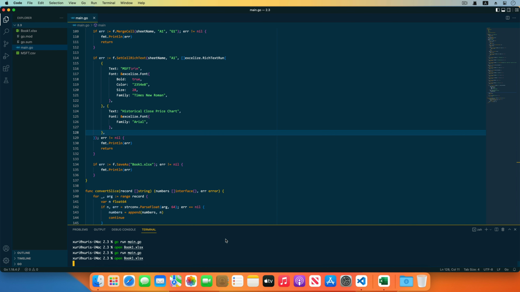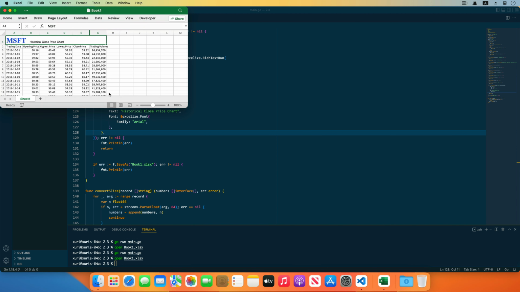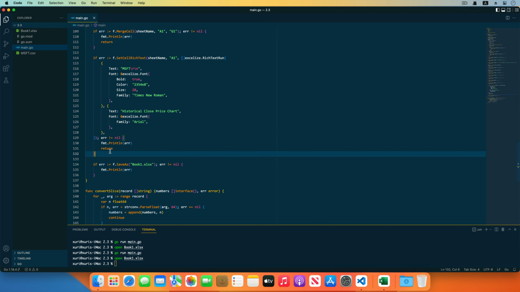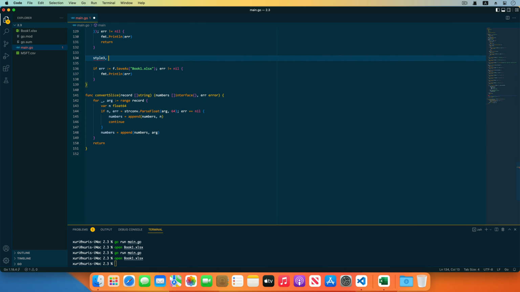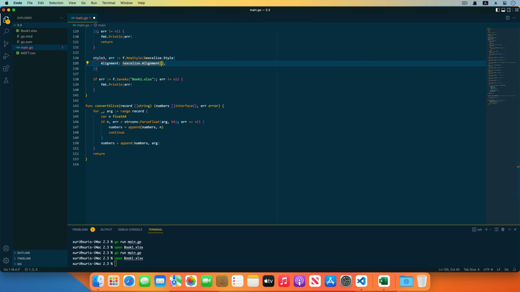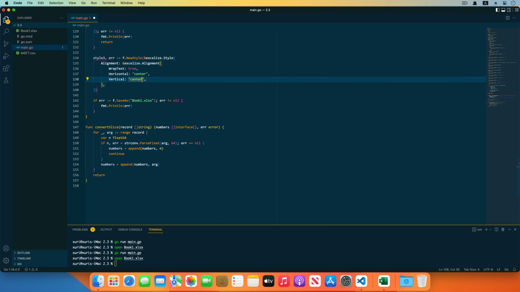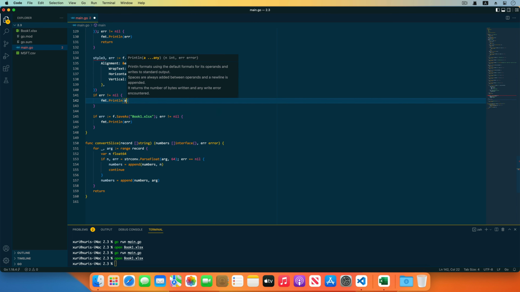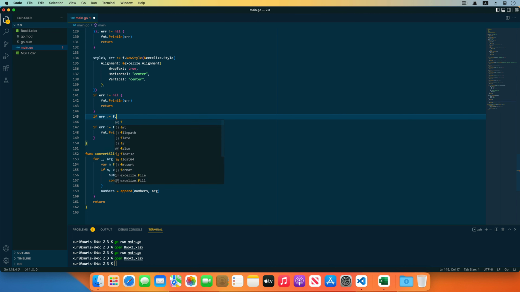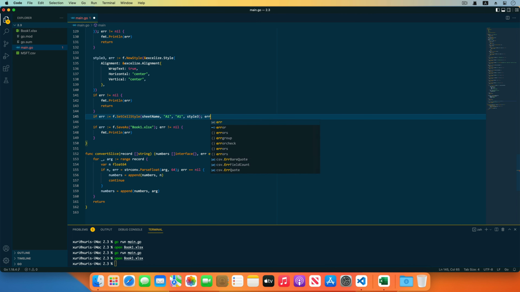Open the generated workbook. The rich text style didn't wrap. We need to set a wrap style for it. Create a wrap style by the NewStyle function. Get the style ID named style3. Specify the wrap property as true in the alignment field. Center align in the horizontal and vertical directions. And then set the style for the cell A1 by the SetCellStyle function with style3.